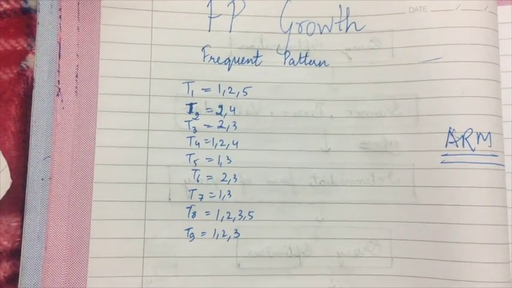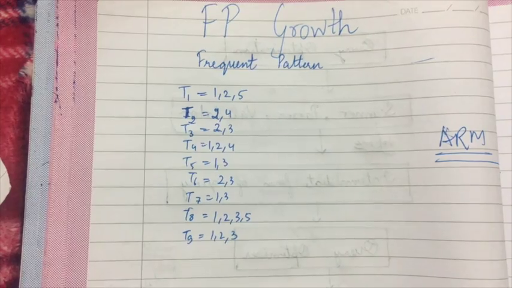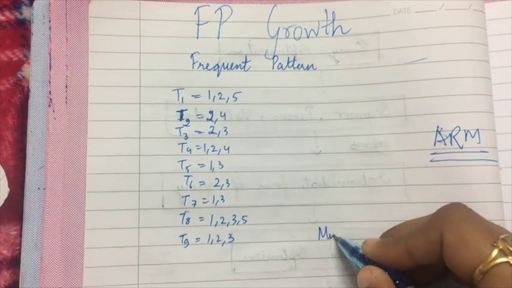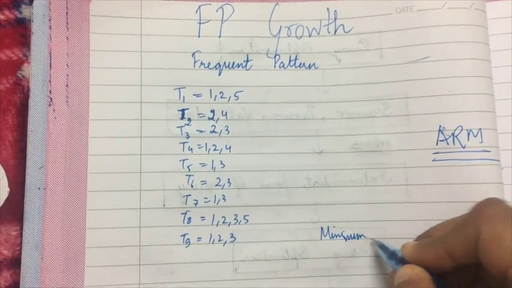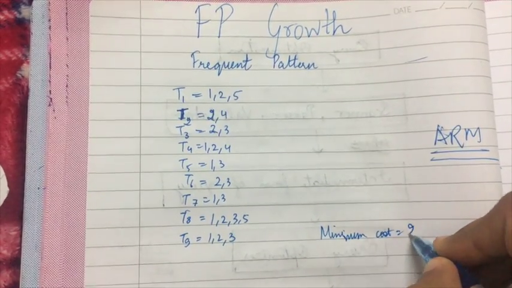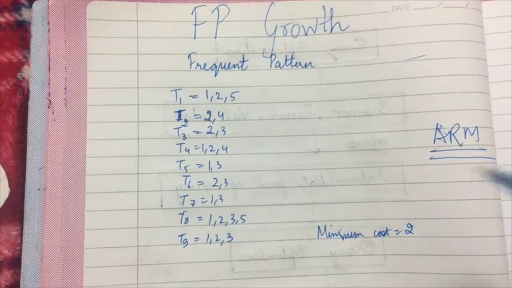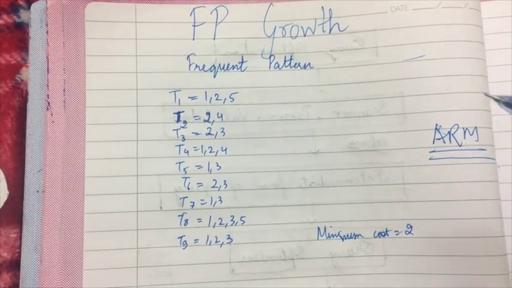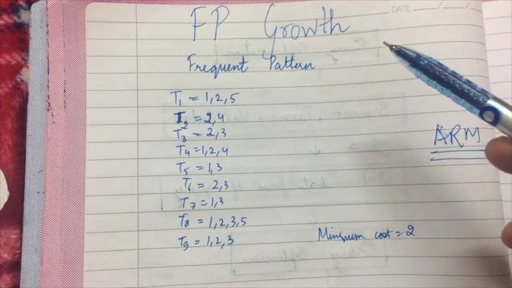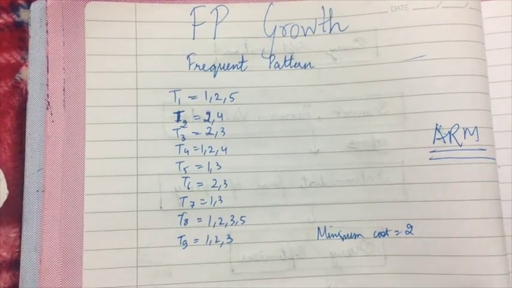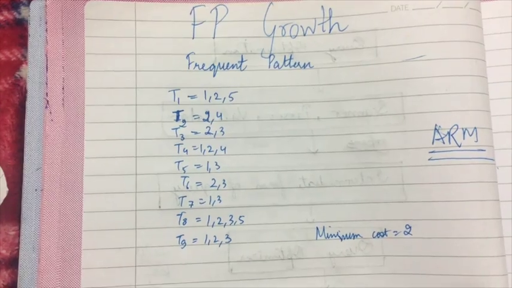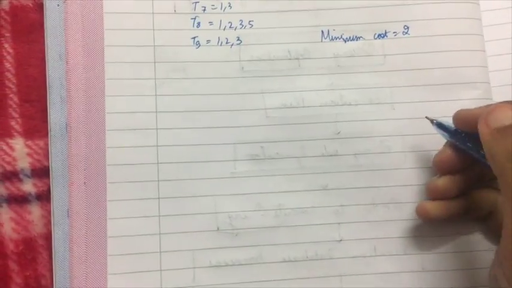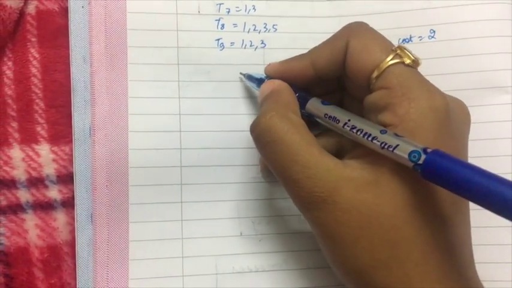is that I can shunt out the items that are not giving me a value. We have a minimum support count, right? Suppose my minimum support count is 2. What does this mean? This means that the item should be purchased at least 2 times. Only then will it remain in the list of patterns. Okay. So first of all, what I will do in this method, I will arrange,